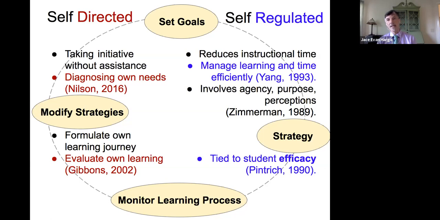But I'll be focusing a lot on the other side here of self-regulation. And what's nice about this, similar to self-directed, is that this is something that we can teach. It's a competency, it's a skill that we can teach our students to do more regularly. And many advantages, right? It's going to reduce instructional time, and that's always a positive. But I'm hearing more and more that when we're online, that's even more of a positive, because time is really